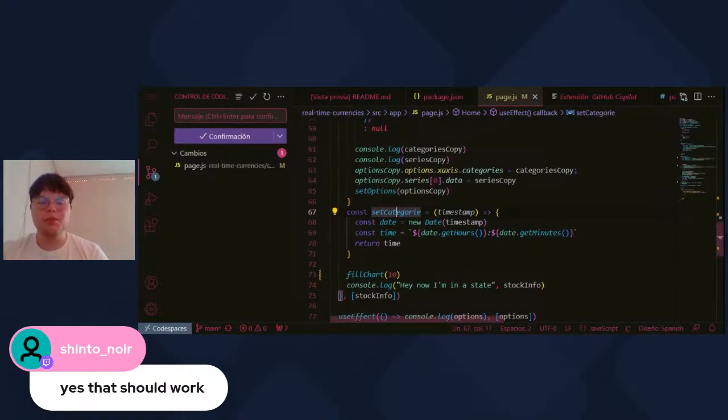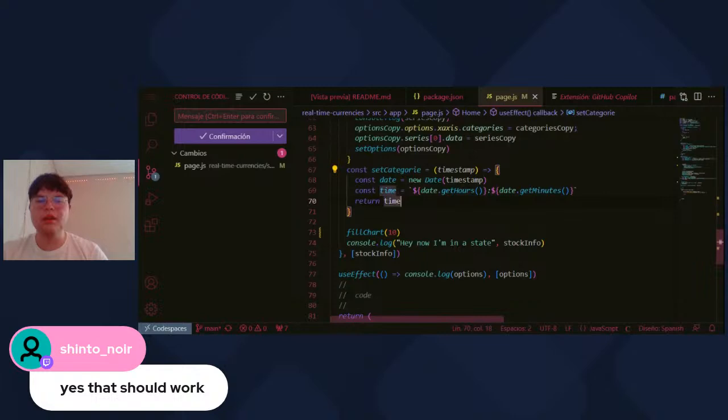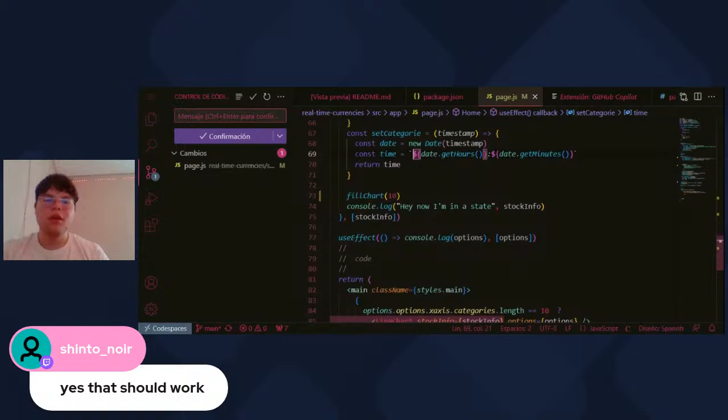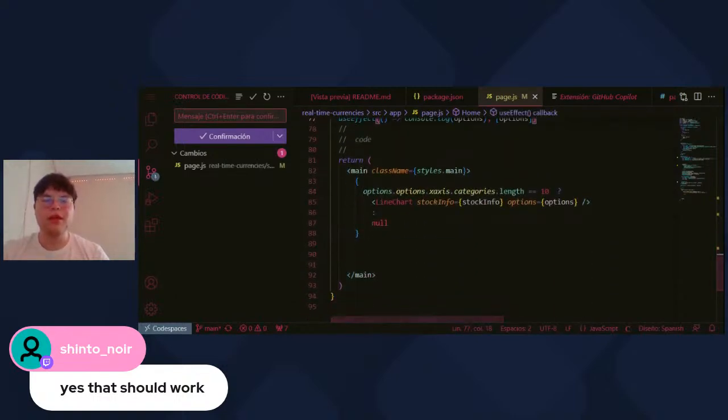And for displaying all that timestamp in a little format, we first declare a new state, and then we create a new string that basically gets the hours and gets the minutes. And then we fill the chart, and after filling it, we just display the chart that we made. So let me just try to get this and see if it works, because I changed the